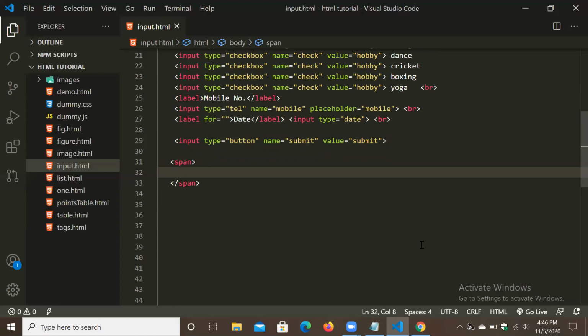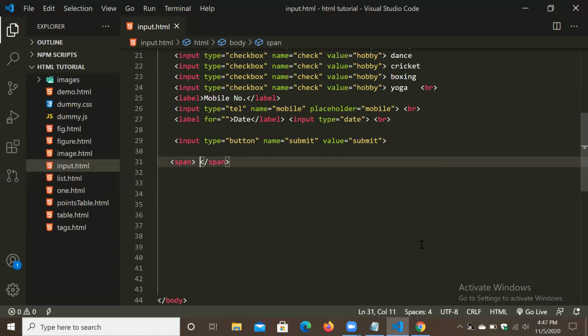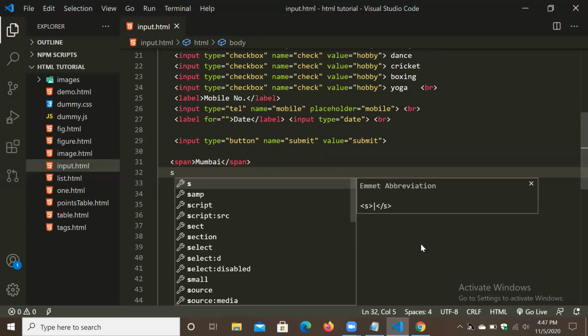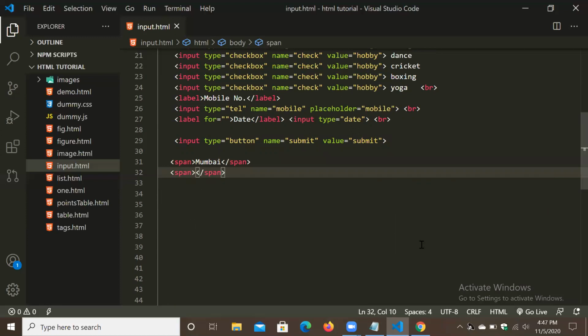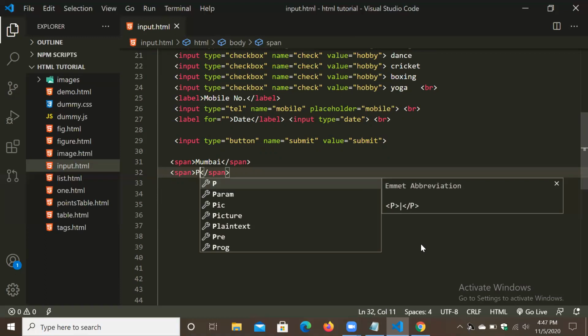So in span, I will write some names, like Mumbai. Okay, and next span I will write Pune.